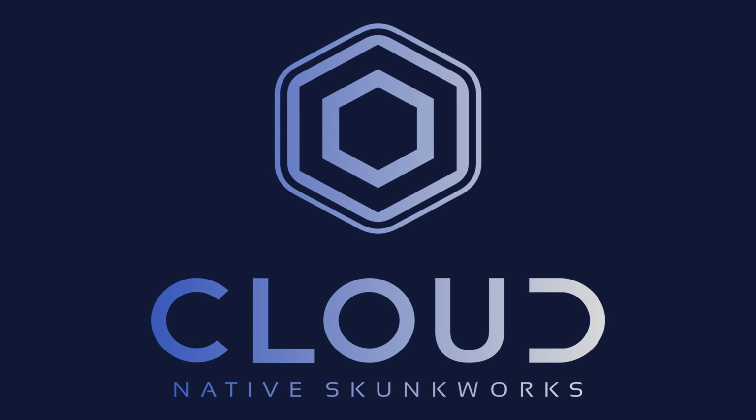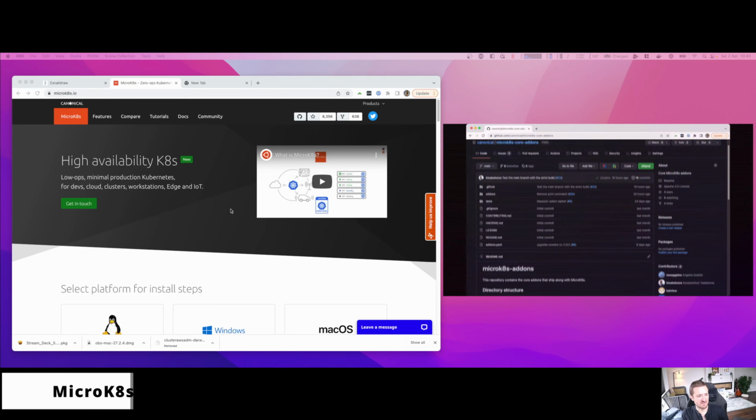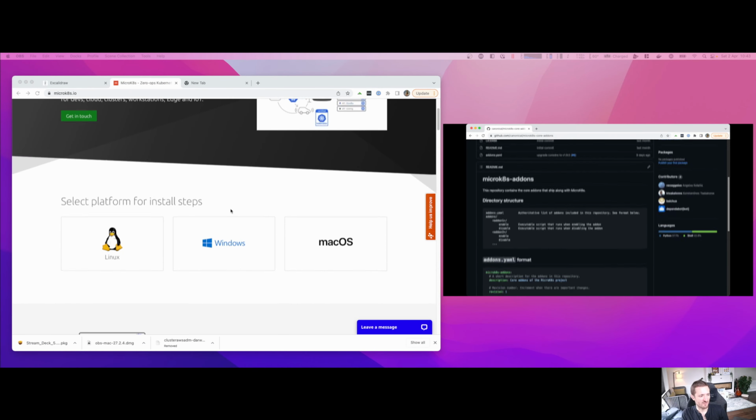Hi there. Today I'm going to show you how to write a MicroK8s add-on. MicroK8s is a Kubernetes distribution that has been developed by Canonical, and one of the coolest things about it is that you can extend it with your own functionality through the Addon ecosystem. The Addon ecosystem is pretty new, and I'm excited to be able to give a preview of how it works